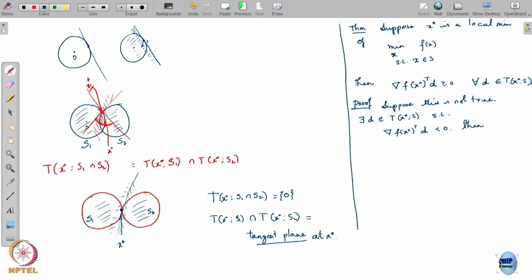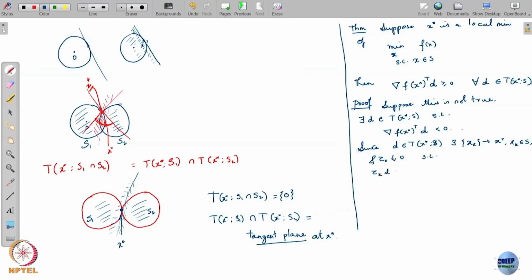Okay. Now, d belongs to the tangent cone. Since d belongs to the tangent cone, there exists a sequence x k converging to x star, with x k in S, and a tau k decreasing to 0, such that